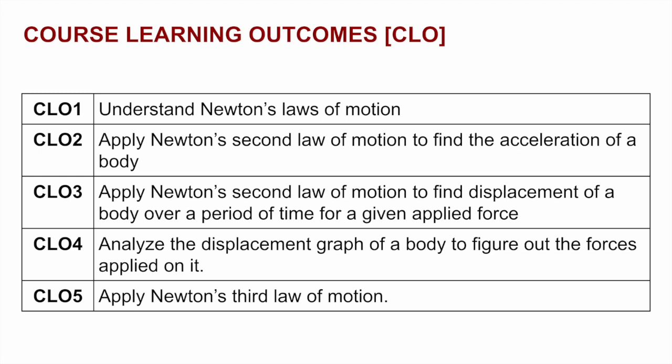So, for example, if you are teaching a course on physics to school students, you would have CLO1 as understanding Newton's laws of motion, because if they can't even do that, there is no scope for applying anything else. Then CLO2, for example, can be to apply these Newton's laws of motion to find the acceleration of a certain body with a certain mass. And similarly, you can describe CLO3, CLO4, CLO5 and so on. There is no limit to these numbers. You can have 10 CLOs in a course and maybe even 20. So the actual number and the actual CLOs depend on what course you are teaching.